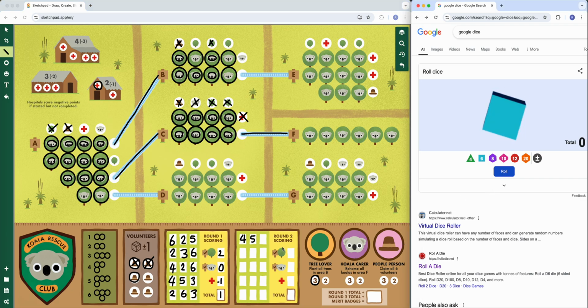Okay, so let's roll again. So 3. So 3 is pretty good for here actually. So I am going to take that while I can and do some planting here. A 4. So I'm not particularly set up for 4s, but I could use a volunteer and make that a 3, and then I would be completely planted here, or I could use it for